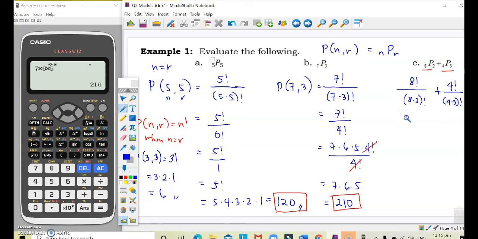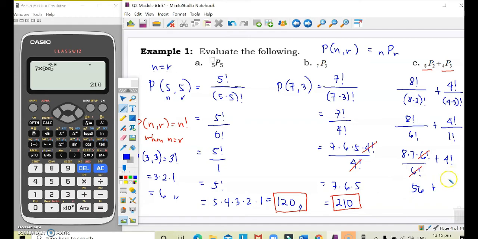On the first side, we have 8 factorial over 6 factorial plus 4 factorial over 1 factorial. We know that 1 factorial is 1, so for the other side, we just have 4 factorial. For the first side, we can actually do it as 8 times 7 times 6 factorial over 6 factorial. We can cancel the common factor, 6 factorial, and we're left with 8 times 7, which is 56, plus 4